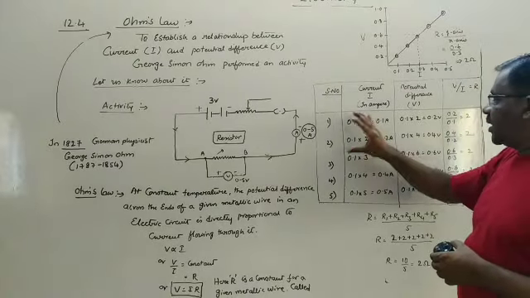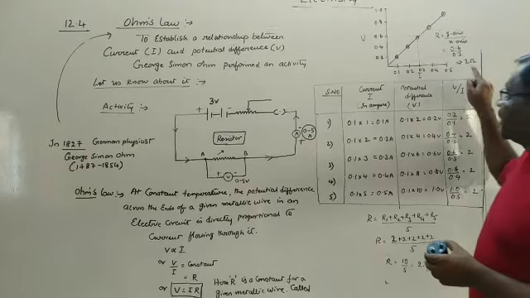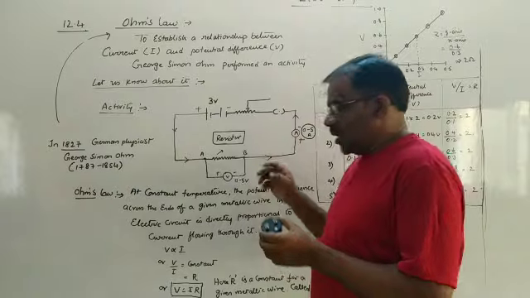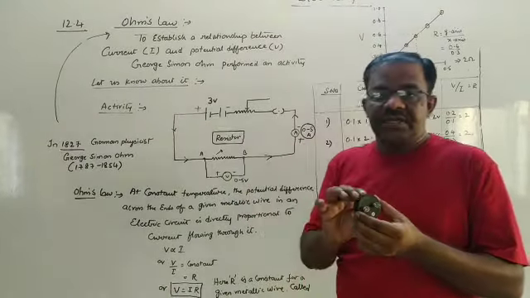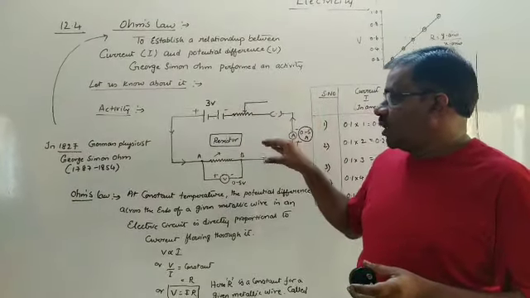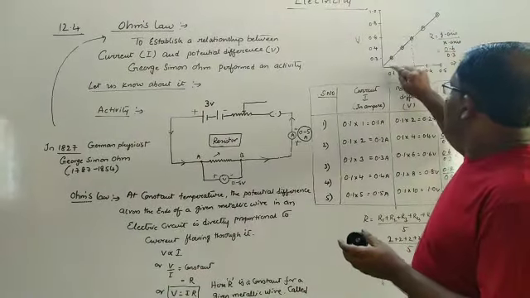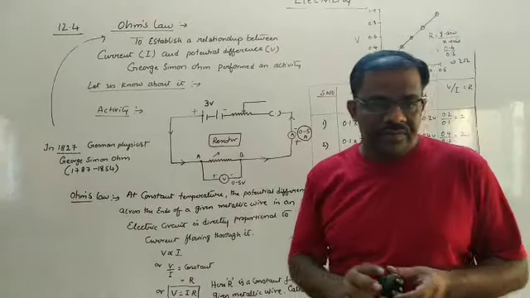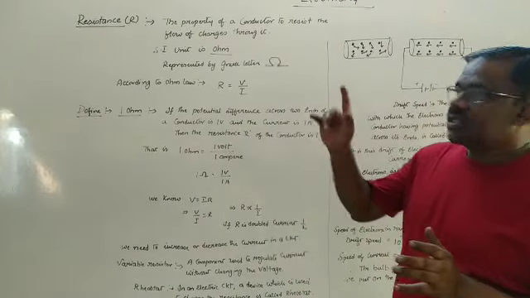So experimentally I got the resistance as 2 ohms, and graphically also I got the resistance of 2 ohms. Here this 2 ohms is the resistance offered to the flow of current by this unknown resistor. So using Ohm's law, what did we find? We found two things. One is we found the value of this unknown resistor, and in the same way we also found the relation between V and I, which is a straight line. So using this VI graph, we can say that the resistance is always a constant value. Now through this activity, what we found, the resistance was 2 ohms.